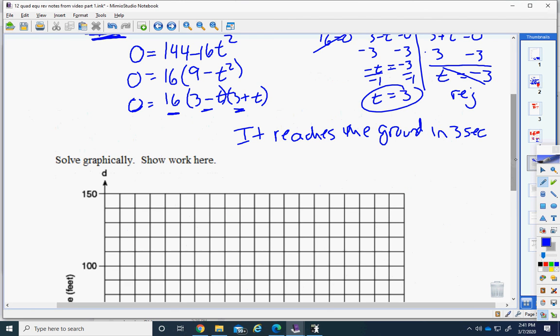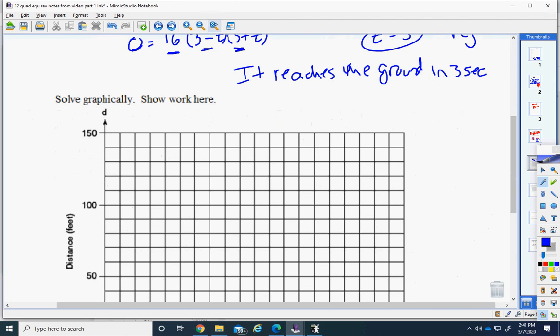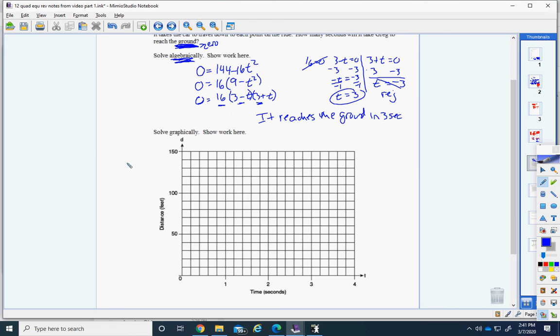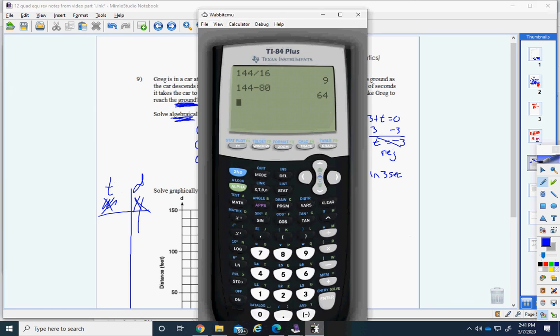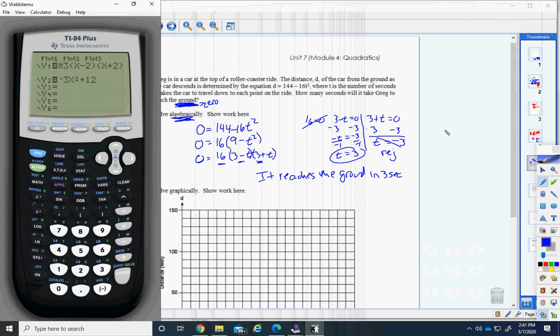It also asks us to solve it graphically. So we need a table of values. I'll just label this x and y. I was looking for the name of the function. They don't really have a name. I guess I call this a d instead of a y. And they call this a t instead of an x. We go to our graphing calculator and we enter in